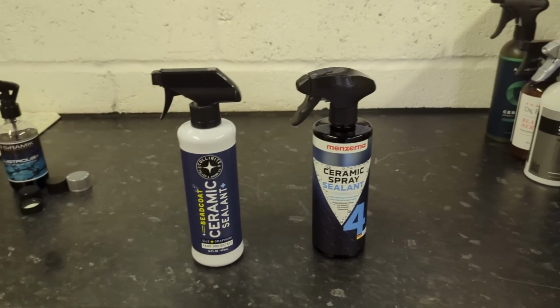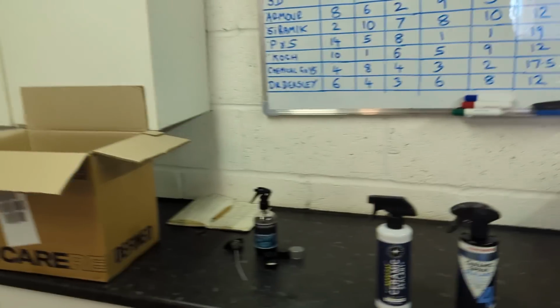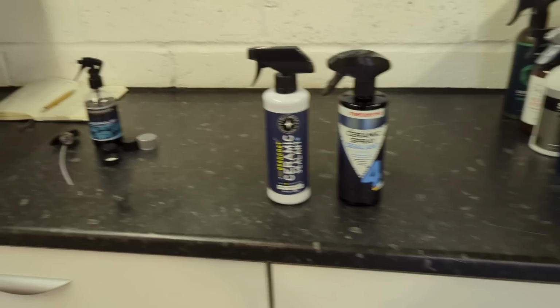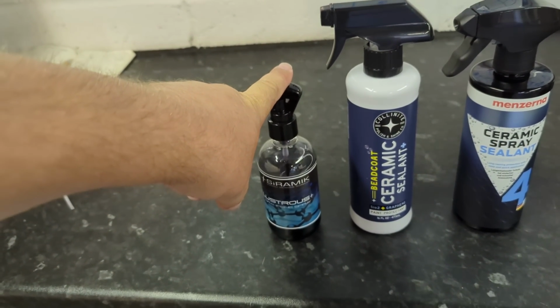But I think if I had 10 people doing this test with me, or doing their own versions of the test and testing them on their cars and on test panels and all that, I think some people might argue this one was better. Very hard to say. Both very, very good. And some would argue this is better, actually. Some people would say, John, this is the clear winner